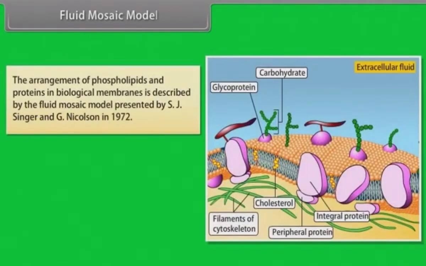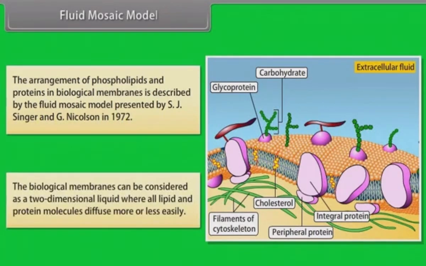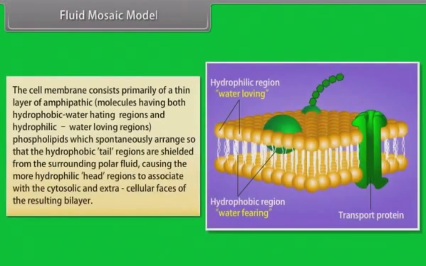Fluid mosaic model. The arrangement of phospholipids and proteins in biological membranes is described by the fluid mosaic model presented by S. J. Singer and G. Nicholson in 1972. The biological membranes can be considered as a two-dimensional liquid where all lipid and protein molecules diffuse more or less easily. The cell membrane consists primarily of thin layer of amphipathic molecules having both hydrophobic, water-hating, region and hydrophilic, water-loving, regions,